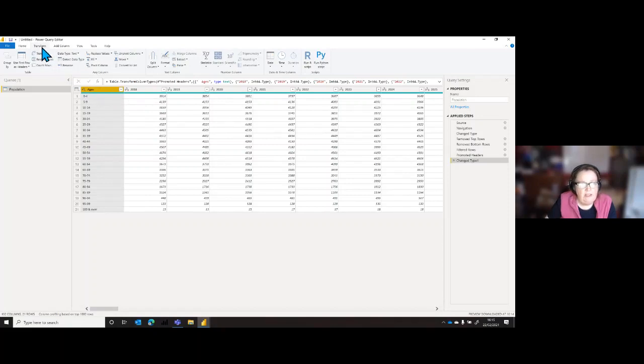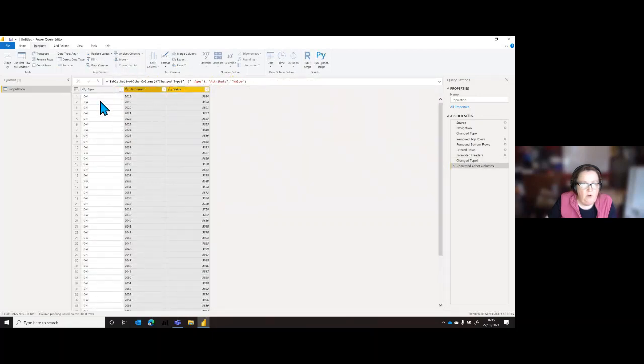And then on the transform ribbon, under unpivot, if you drop that arrow down, you'll see there is unpivot other columns. Let me press the button. And there you are, I get my 0 to 4, 2018 and a value.